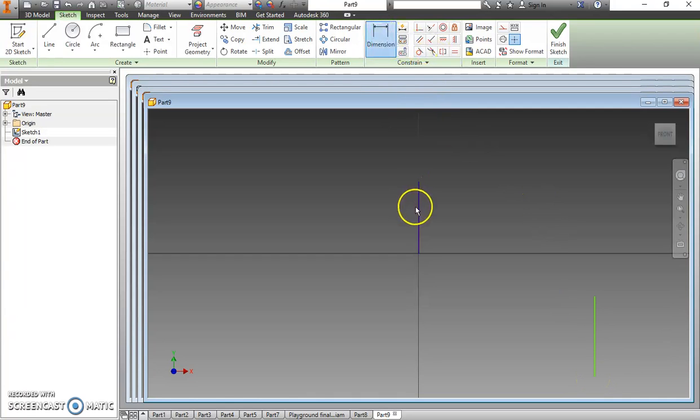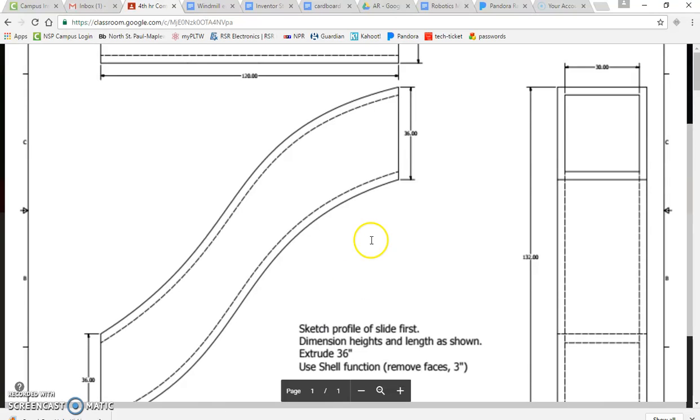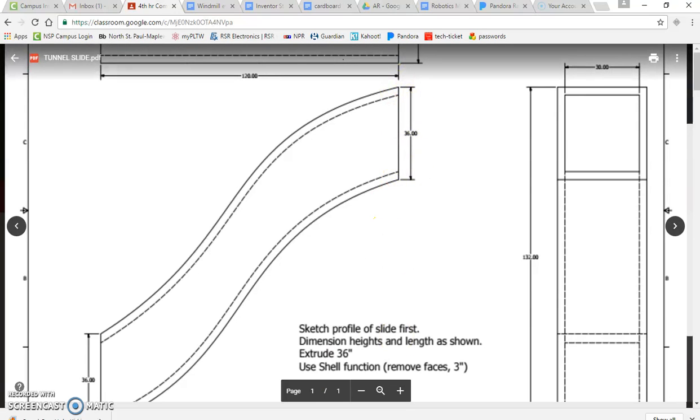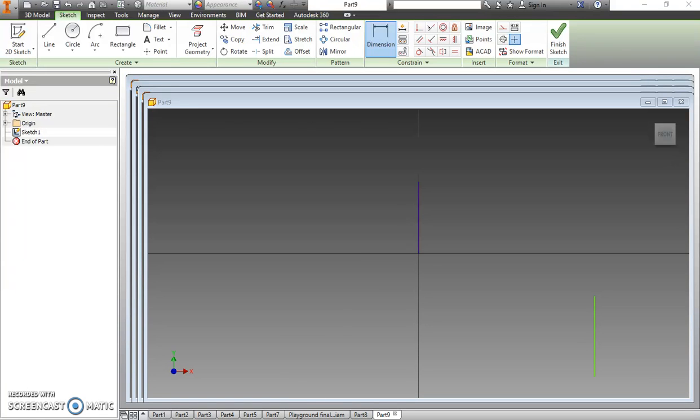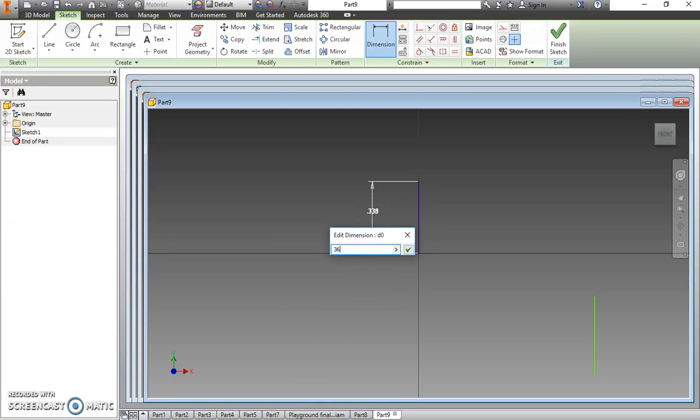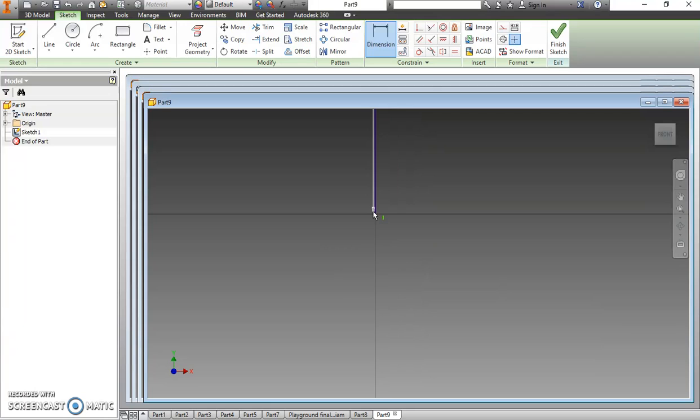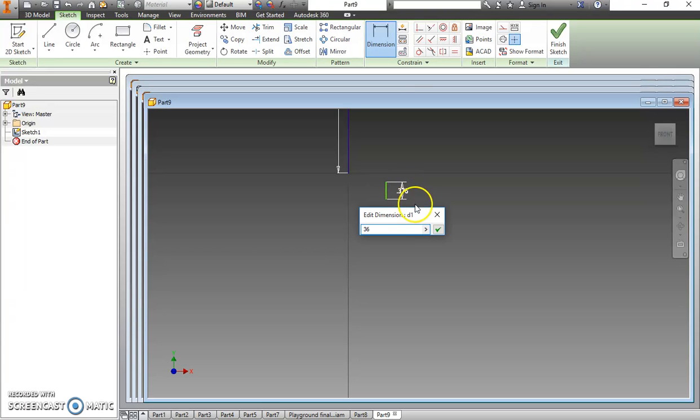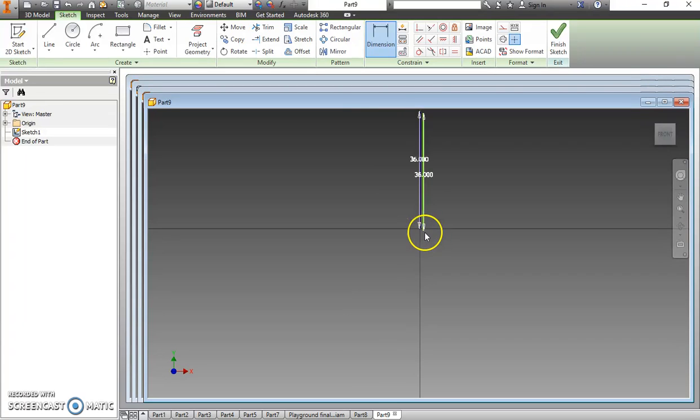So now I'm going to dimension that, and if we looked, we saw that we had 36 inches right here. Okay, so I'm dimensioning 36. I enter, and I dimension this one 36, and I enter. Now we want them to be separated,